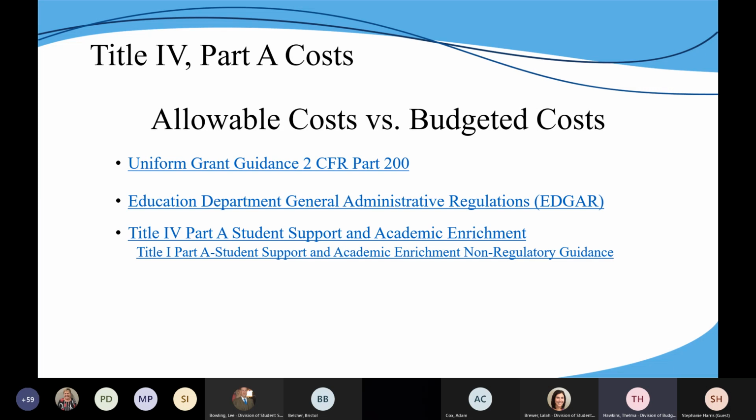And so that's the high level allowability regarding costs. Then the next guidance document that we use to determine costs is EDGAR, the Education Department General Administrative Regulations. And then the third guidance document that's used to determine costs is the Title IV Part A law. So it's hardly ever just a simple question. We have to look at all of those